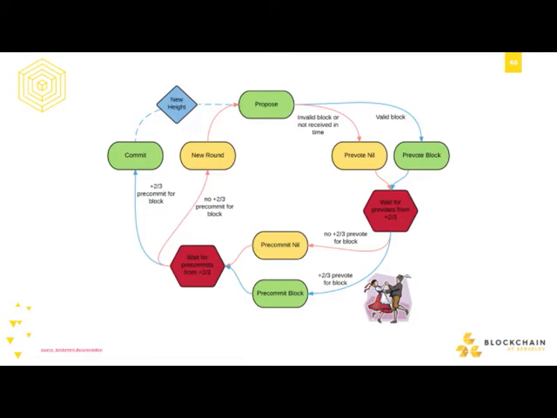He creates a block, he signs it, he broadcasts it out to everyone, and then all of the other validators, there's a time limit, but either they see his block within the time limit, and they go, yep, this is a valid block, it's validly constructed, it's signed by the right proposer, I'm going to sign off on this, and they do what's called pre-voting, and they sign that so that everyone else can see that it was actually from them. Or if they don't see a block, they pre-vote nil, which basically says, I didn't see a block in time, or the block I was sent was invalid, and so it doesn't count.